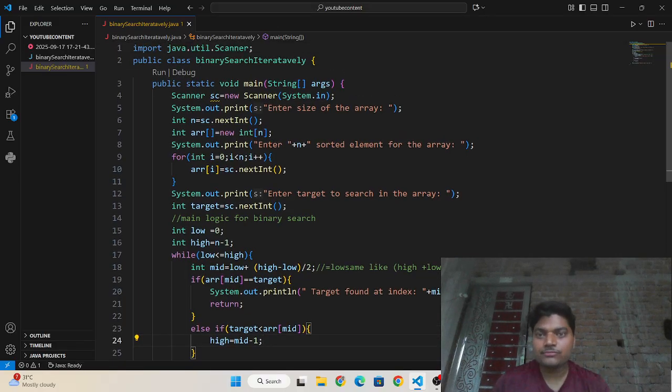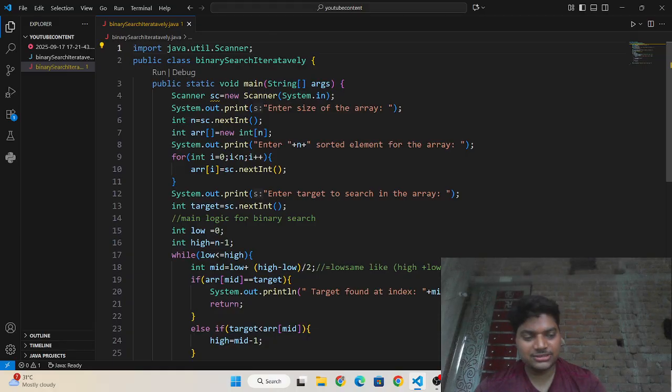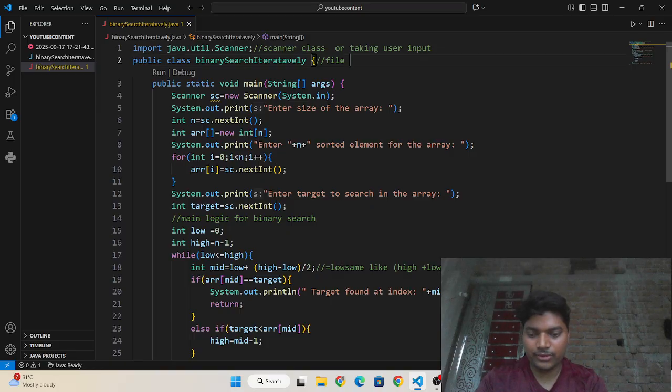So see, this is the scanner class for taking user input. And this is the file where I am saving our code. This is the main method without which we cannot display anything.